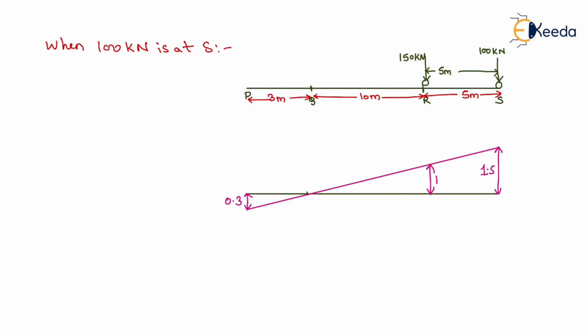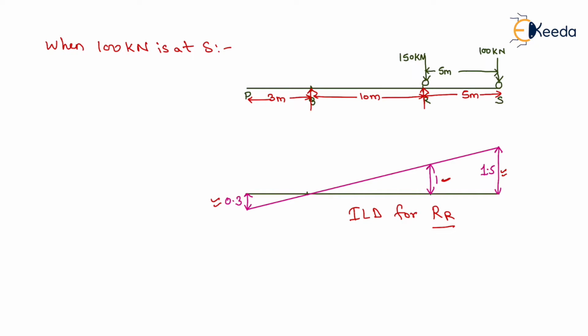Okay. Now for this we had made a beam like this, that is P, Q, R and S, having simple supports at Q and R. Now to find the maximum reaction at R, we need to place the 100 kN load at S. This is the ILD for reaction at R. For formation of the ILD for reaction at R, we need to lift the support R by unit amount, and the resulting deflected shape will be the ILD for reaction at R. Now, due to the overhang portion, this ordinate will be of length 1.5 meter and this will be of 0.3 meter in the negative direction from the concept of similar triangles.